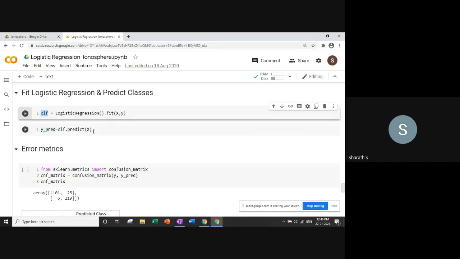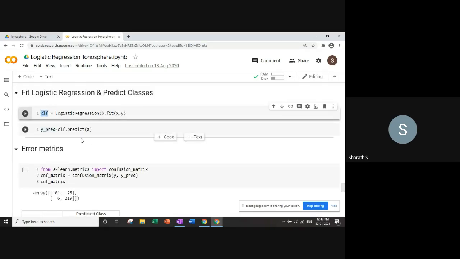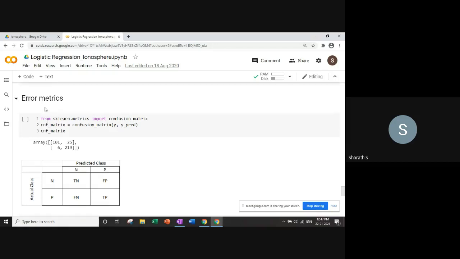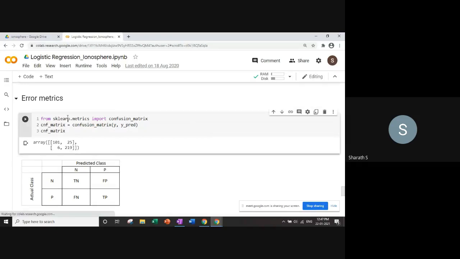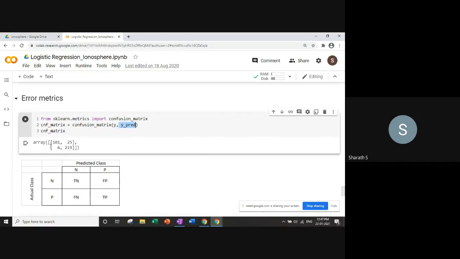This is a training prediction. What we get from the error matrix is a training error, because we have not bifurcated the training and test set. We want to see what that error is, so we are going to compute the error matrix. From sklearn we can import the confusion matrix that we talked about earlier, and call it with y, which is our actual data, versus y_pred from our logistic regression model. That should give you a confusion matrix.